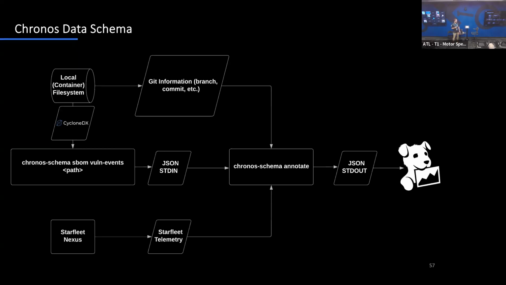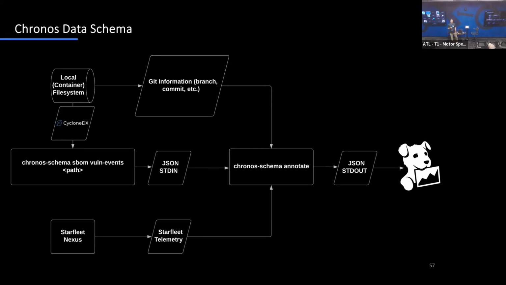CycloneDX is an interesting and unique format because you can also annotate vulnerabilities inside of that. You can say, this dependency is in our dependency chain, but it also has this critical vulnerability in it. And you can exchange both the dependency tree and vulnerability information in one single file, which comes in handy for aggregating vulnerability events. So this allows us to decouple our system from the tools that we use. And we can just say, we work with tools that support CycloneDX, and then we can plug them into this